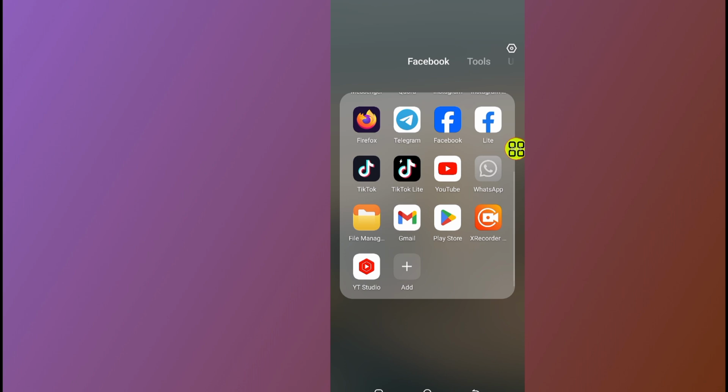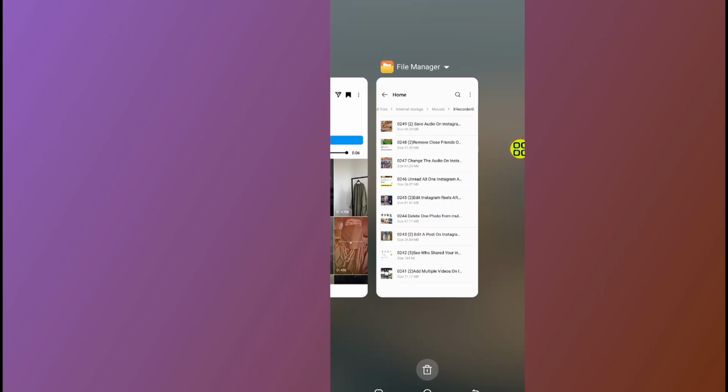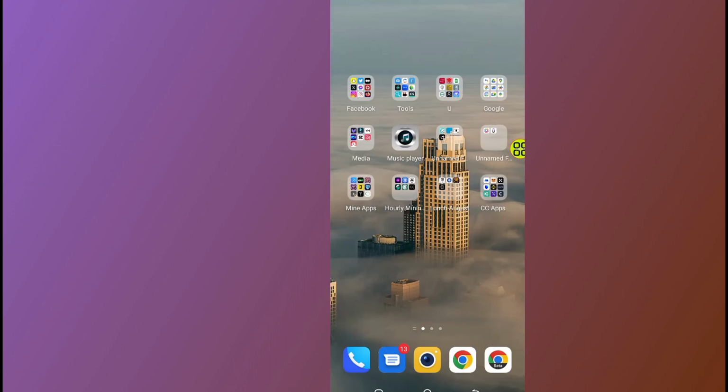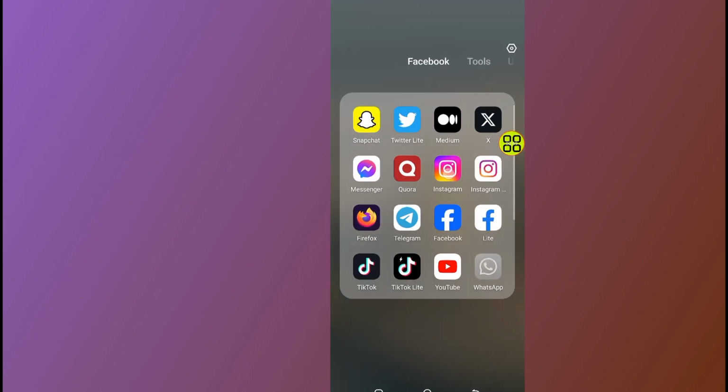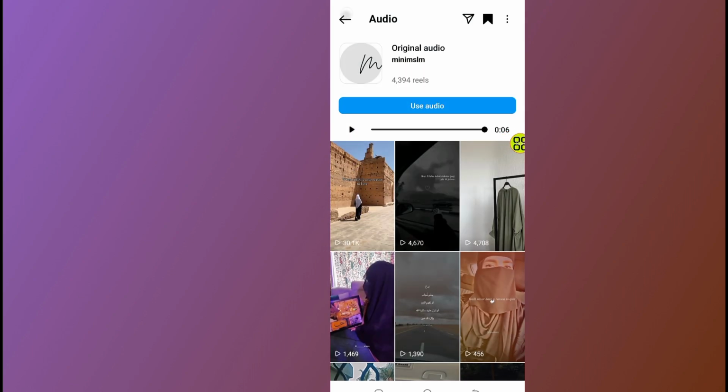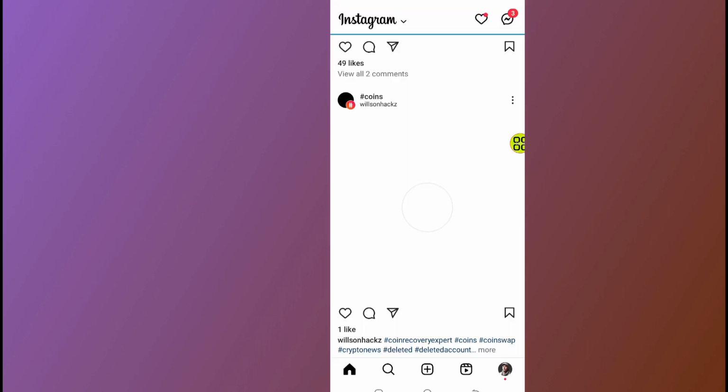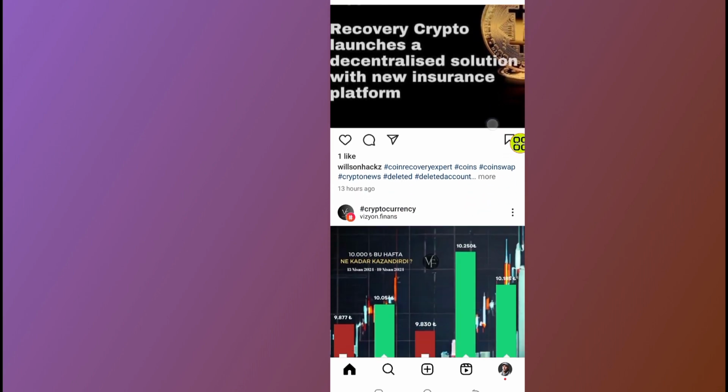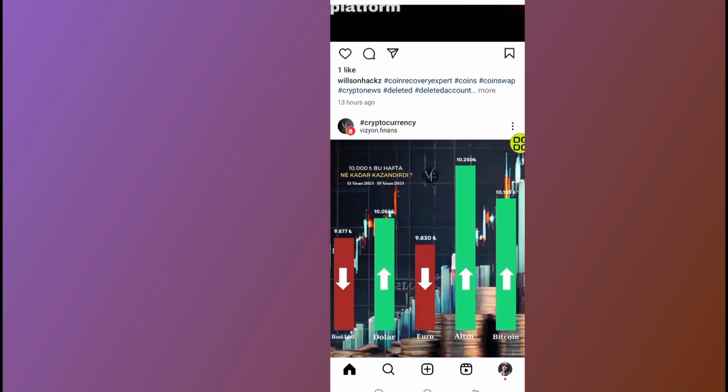After you update your Instagram, go and remove the Instagram app from the minimize section and open it again like this. If you open it again, if you are lucky, it will open for you and your problem is solved. But if you still have the same problem that your Instagram app is not opening,